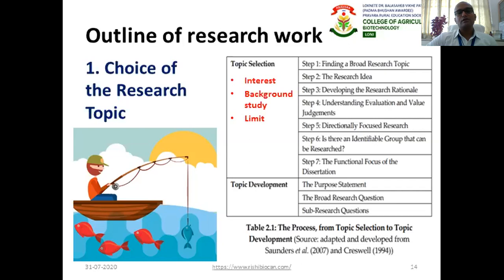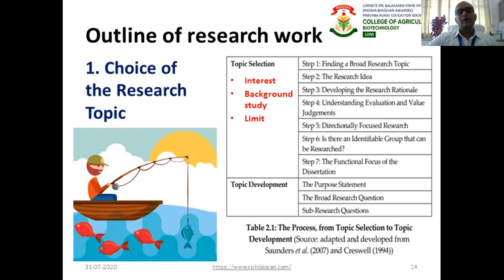For example, some students might like molecular biology, some might like plant tissue culture, some might like animal biotechnology. So depending on your interest, you can choose a topic.